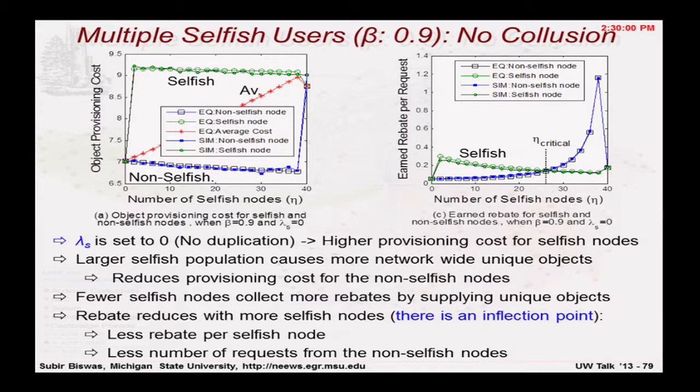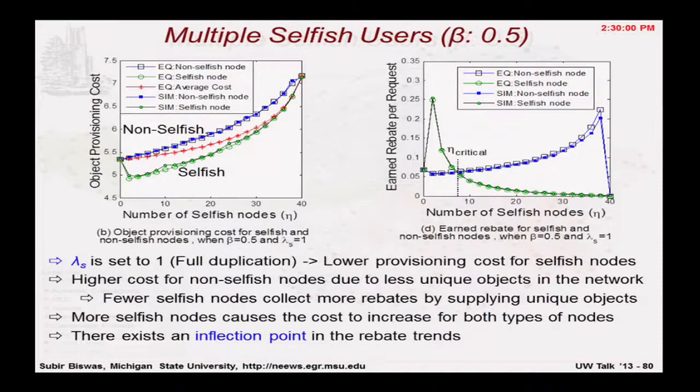And this trend turns out to be true even when the value of beta, meaning the cost of lateral download, is different. So that's what we see here, that when beta equals 0.5 and the other values too, if you look at the same graph on the right, there is an inflection point. In fact, in this case, that crossover point is earlier. So the bottom line here is that